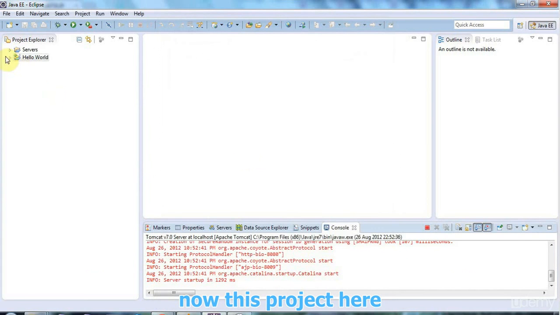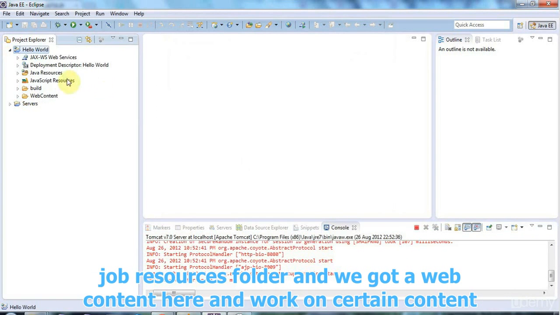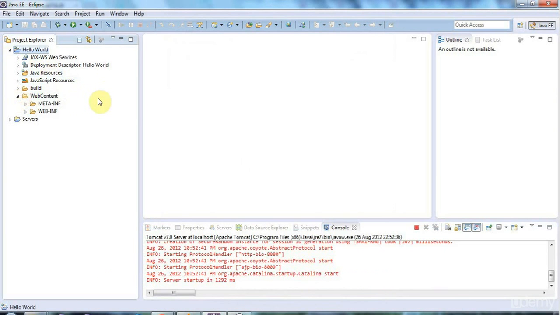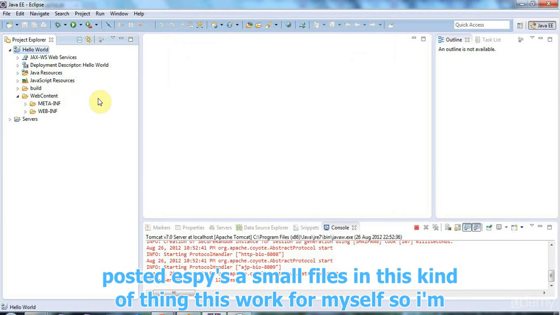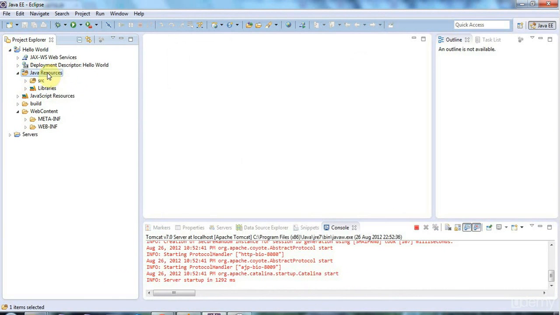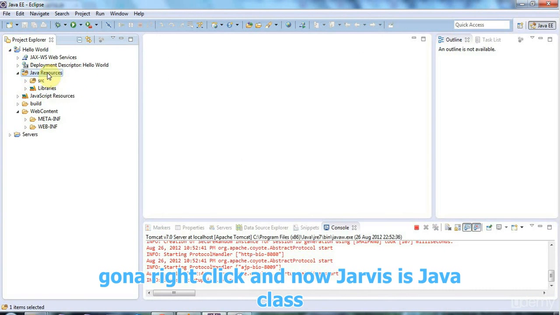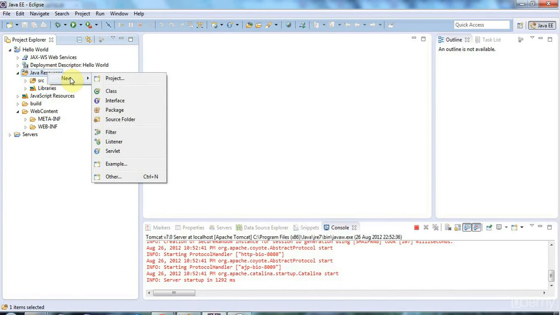and now we've got this project here. If I expand this, we've got our Java resources folder, and we've got web content here, and in web content I can put JSPs and HTML files and this kind of thing, and this is where I create my servlets. So I'm going to right click, and now a Java servlet is